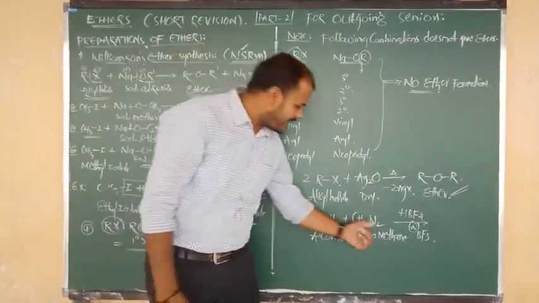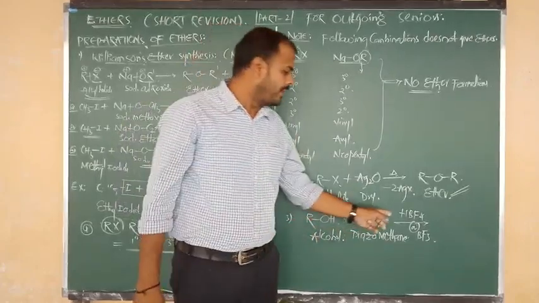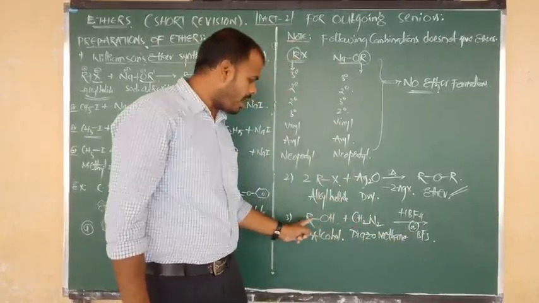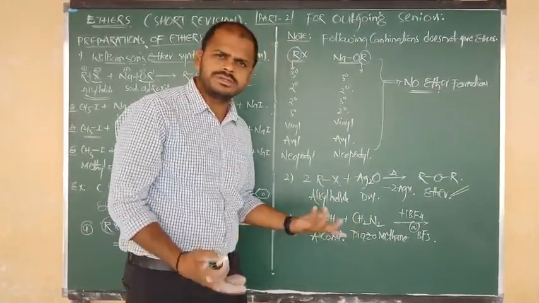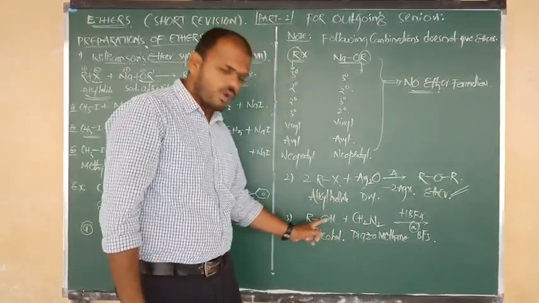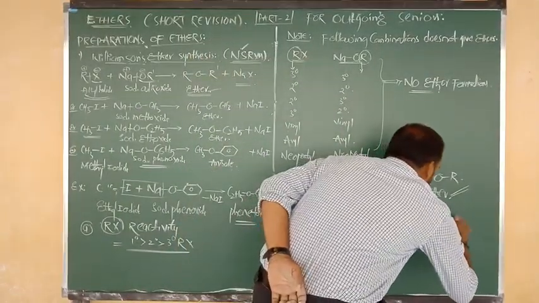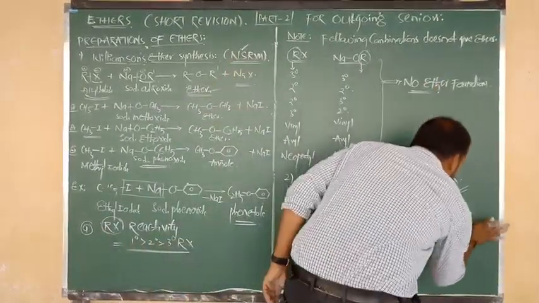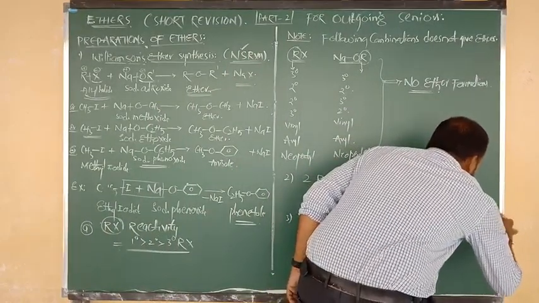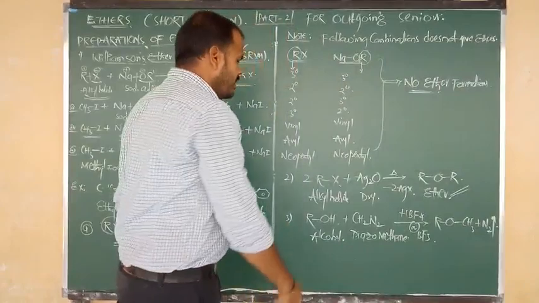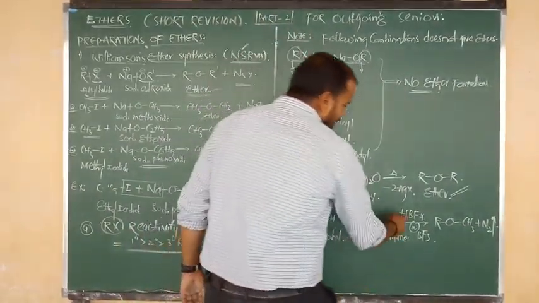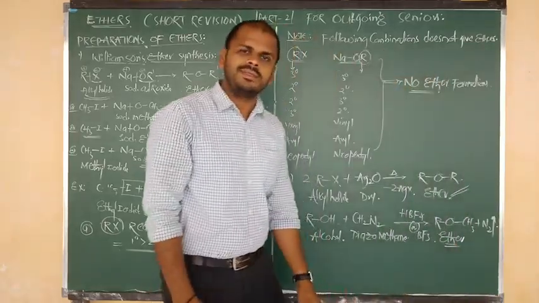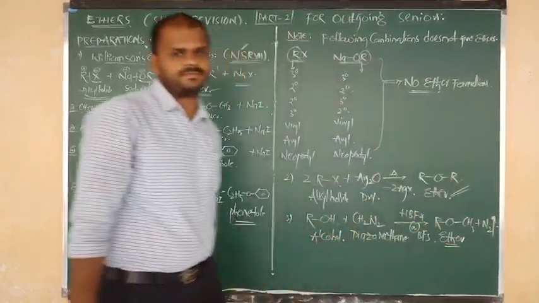Alcohols on reaction with diazomethane, CH2N2, in the presence of HBF4 or BF3, form the product ether. In ROH, H is given to CH2, and CH2 becomes CH3. So CH3 is bonded to O, and O is bonded to R, like this. The remaining free gas is N2; in this reaction there will be liberation of N2 gas. So alcohols on reaction with diazomethane in the presence of HBF4 or boron trifluoride form the product, which is ether, or we can say methyl ethers.